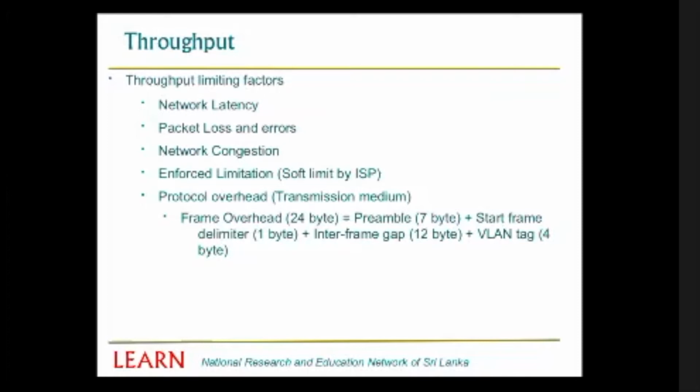So the other one is protocol overhead in a transmission medium like gigabit Ethernet or fast Ethernet. This happens due to the sort of operation of protocol, like when we are designing a protocol, we can't just